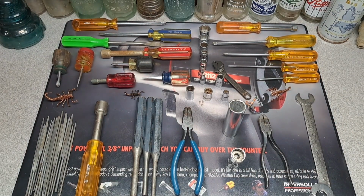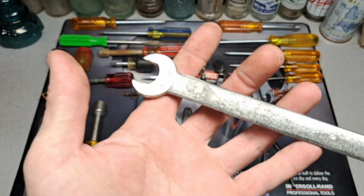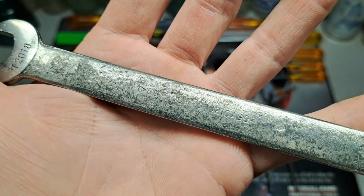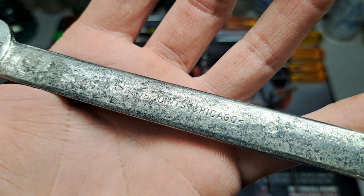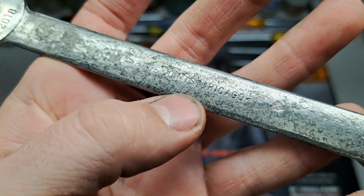Now this last wrench here, I probably shouldn't have even bought. But I've been looking at it for a while now, and it's been sitting there, and I figured I'd take it home with me. Because it's a Blue Points. Not a Blue Point. Blue Points. Chicago. And it's got the 2 arrows on there. So this is one of the first Blue Point